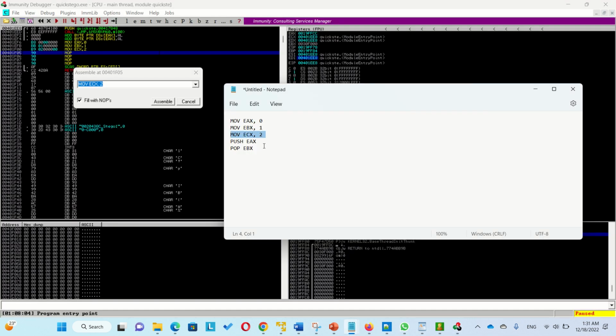Next, push EAX. That means we put EAX at the top of the stack. Now the stack pointer must change. It's FC8. Okay,